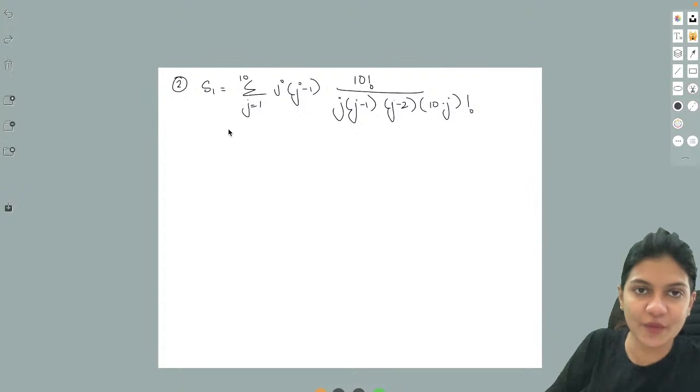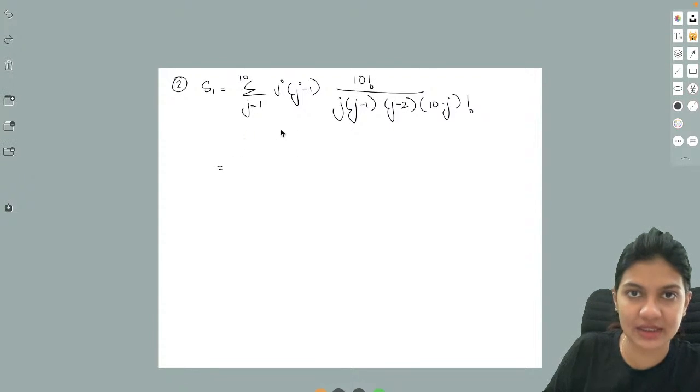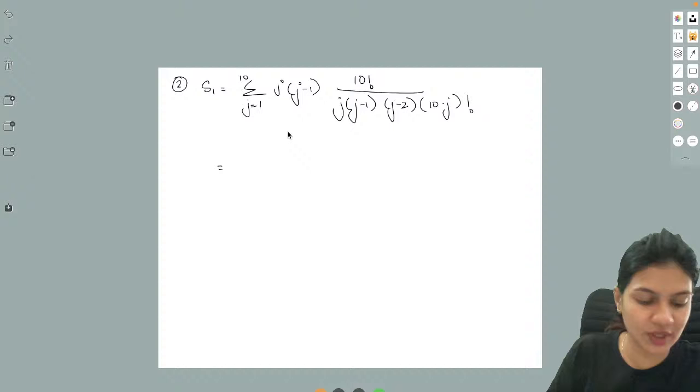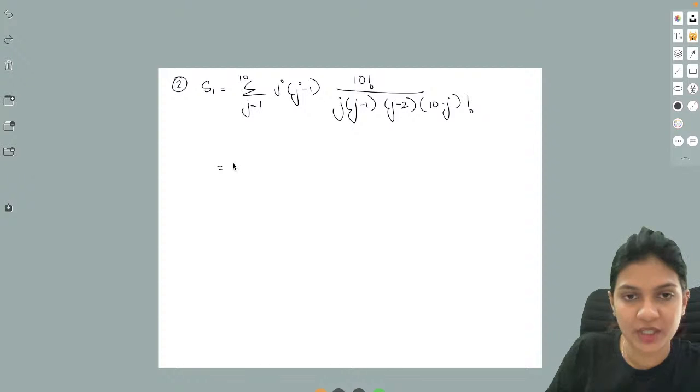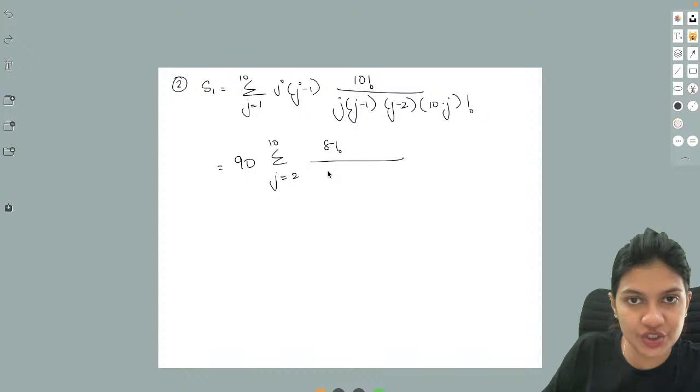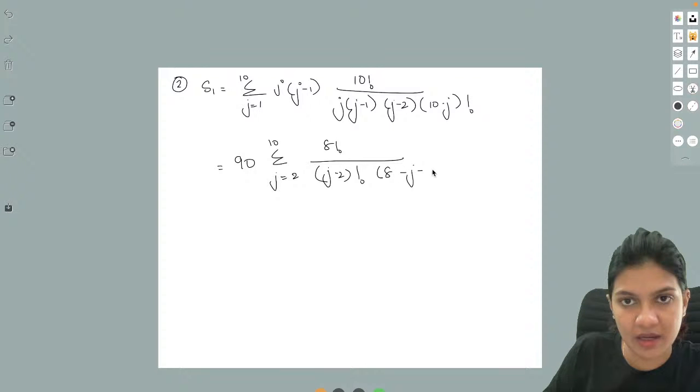Now this will become 90 into sigma j equals 2 to 10, 8 factorial upon j minus 2 factorial into 8 minus j minus 2 factorial,